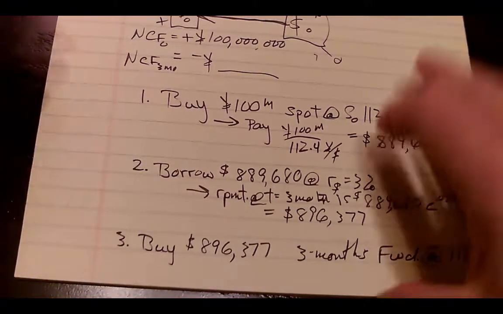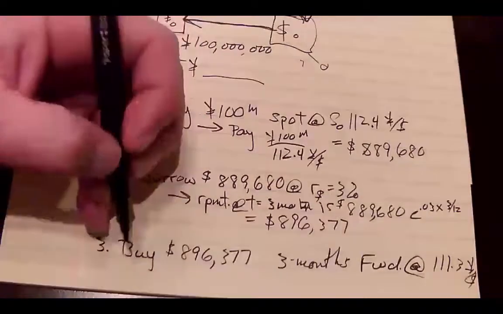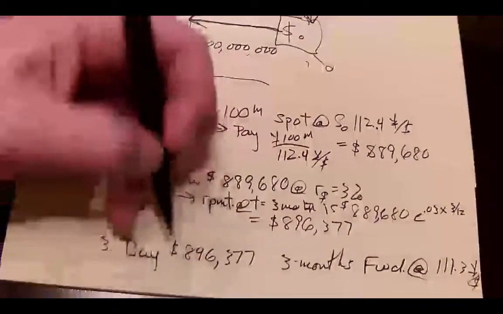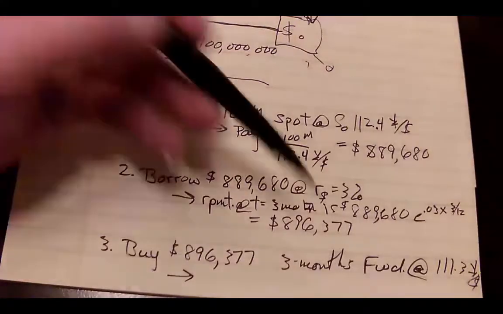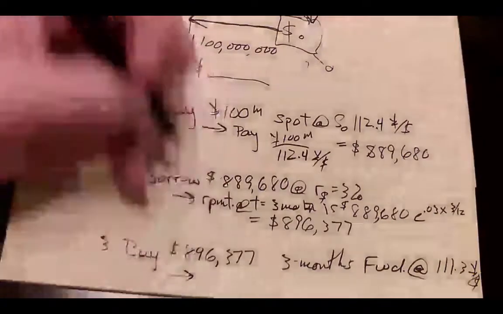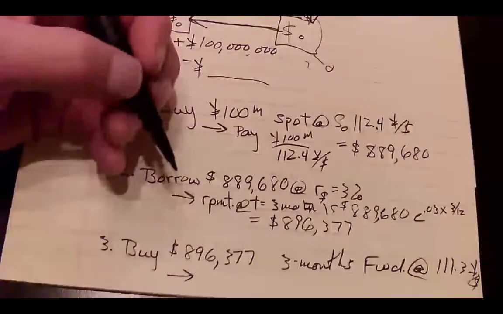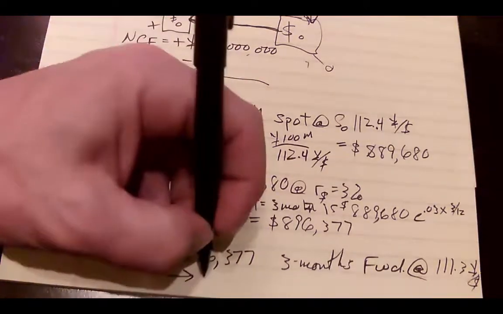Okay, now I do need another page. Oh, anyway, let's finish that off. If I'm buying $896, how many yen is that? Well, here we would multiply for each dollar is worth in the forward market 111.3, the forward exchange rate. So you multiply 896 times 111.3, and we get, or it's the same thing as selling